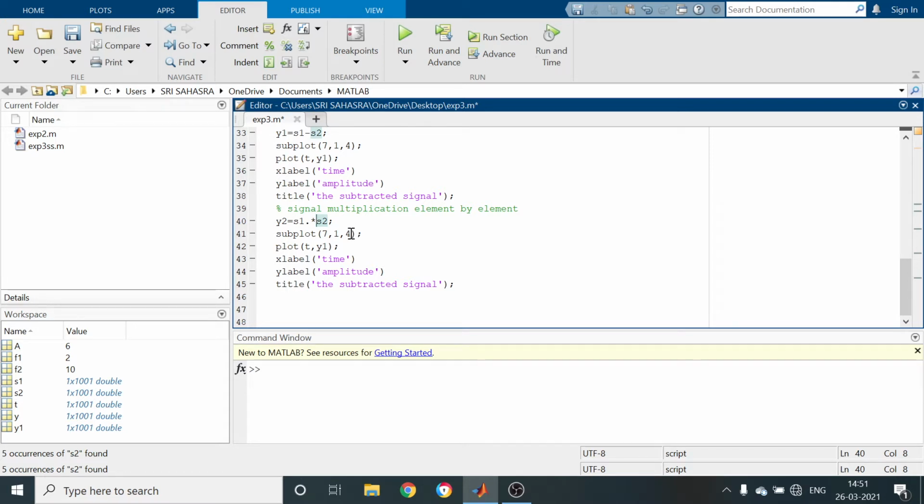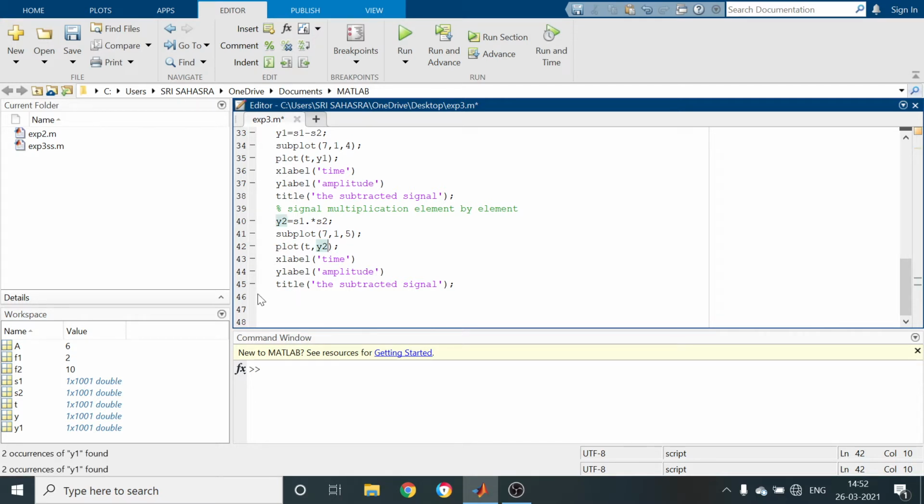Again we have to plot this resultant multiplied signal with what? The plot command. Before the plot command we have to use subplot. So here we have to write 7, 1, 5 and plot T, Y. T is the time axis, and in place of Y we are having Y2.